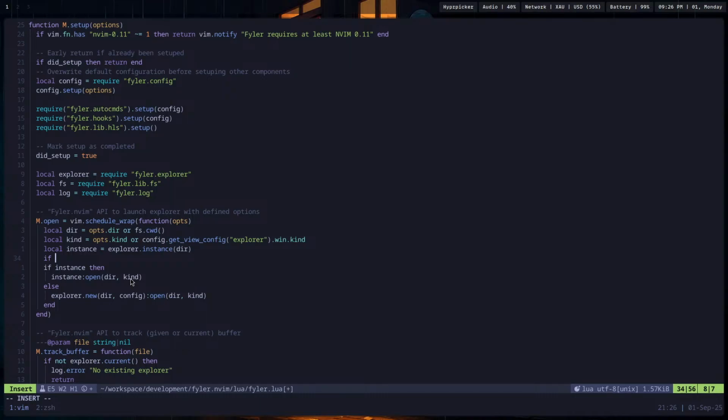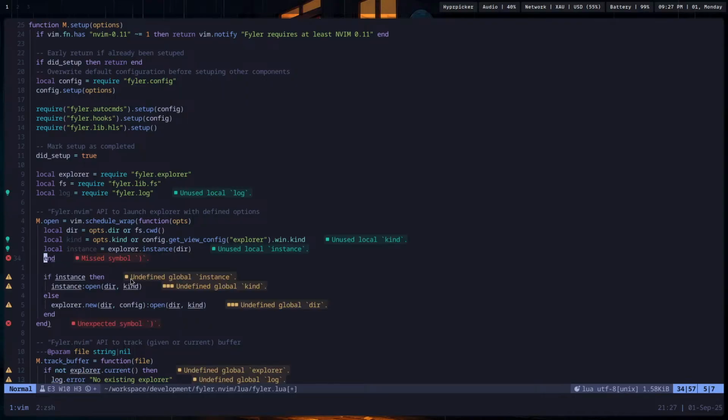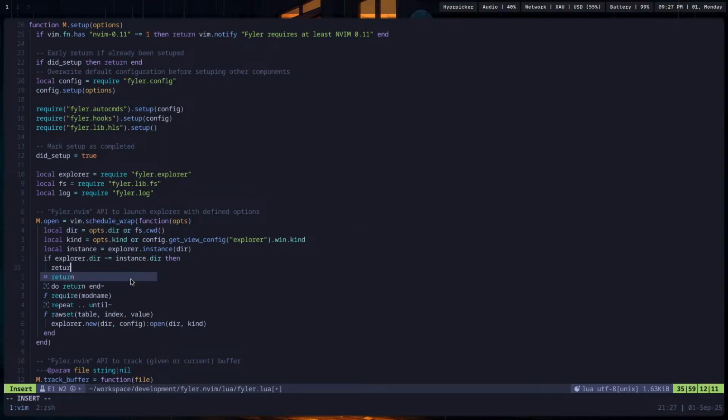So if explorer instance dot dir is not equals to instance dot dir that we're going to open, then we have to explorer